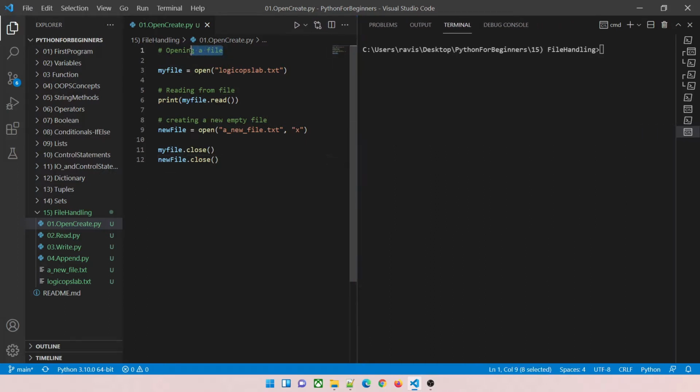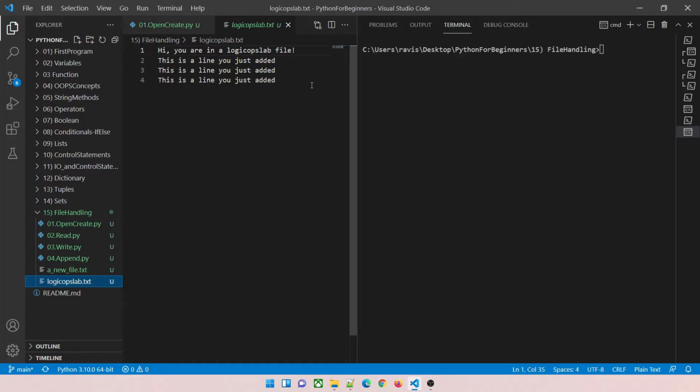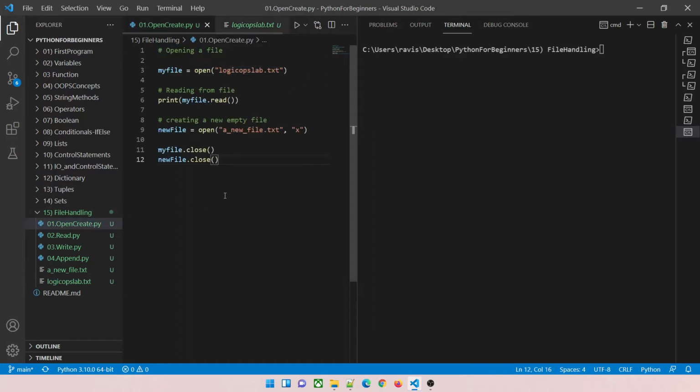Now what it will do is open a file. This is the syntax, guys. You have to give a variable over here, and then write the open method, and within the brackets you have to write the name of a text file. Now you can see I already have a text file over here in which I have 4 lines written. Let's see how this works. What we are doing is opening this file, and then we are reading the values in my file with my file dot read. This is what we are trying to do over here, and we are going to print it.